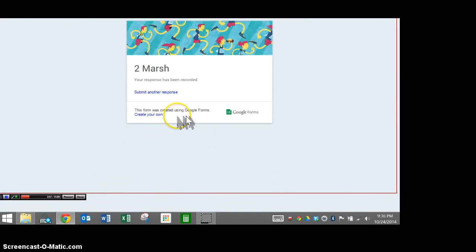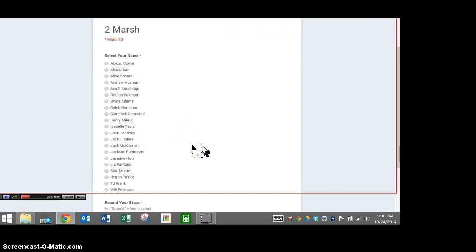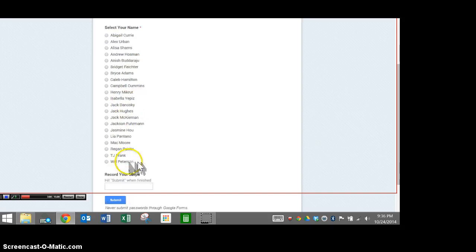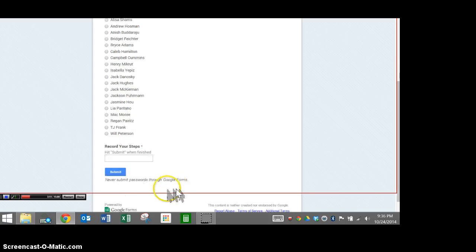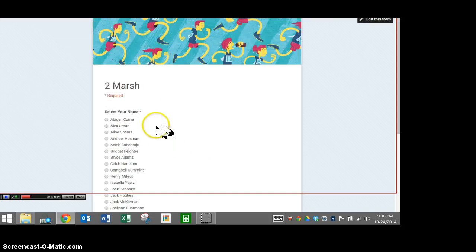And as soon as they're done, they're going to click submit another response, and I just have them hand the iPad to the next student, and the next student takes it and they click their name, put their steps in, hit submit, and then they give it to the next person. Now, after I've submitted that information,